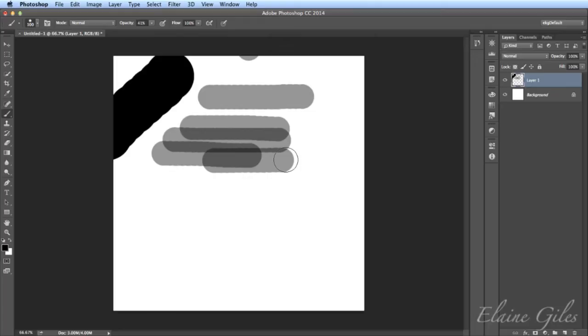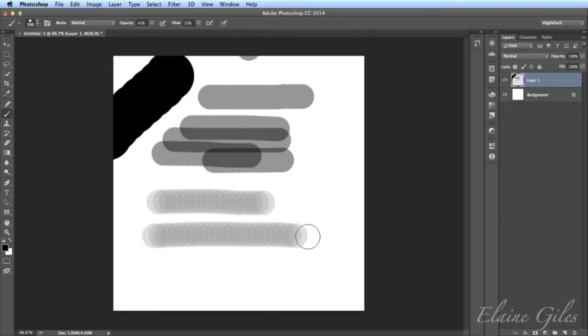In that case, that's on an iPad, but you get the idea. It's those kind of things, and work much more organically by building it up. So opacity is one thing you can change, but you can also change the flow of it as well. So as I change that, you can see it changes it entirely.